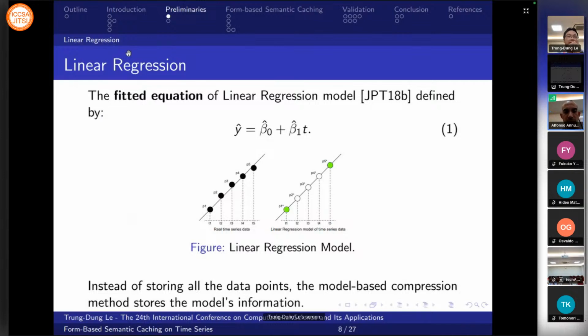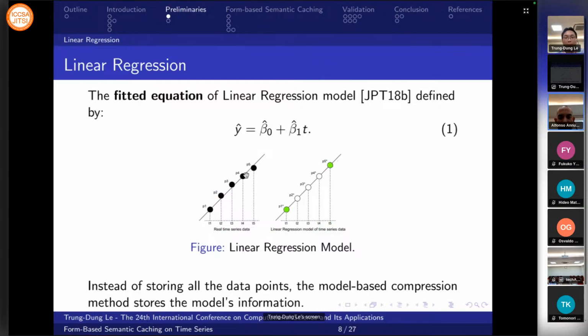The second section is the background of our methods. We will use linear regression. With this model, instead of storing all the points, the model-based compression method stores the model information. For example, here we have 5 data points, but with linear regression, we can use only 2 data points to store the information of this